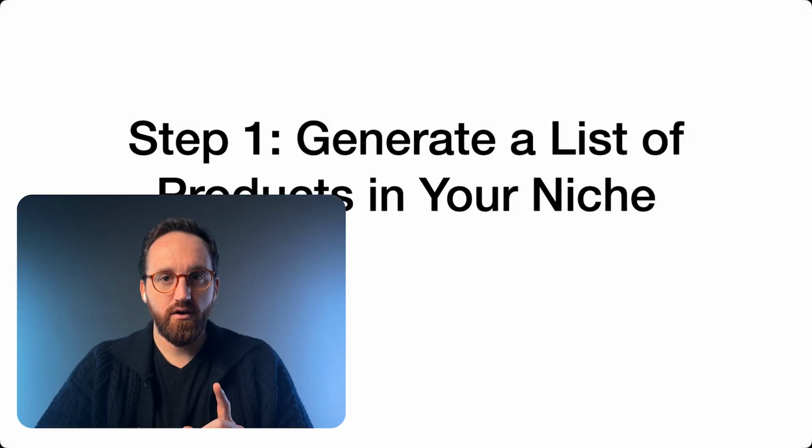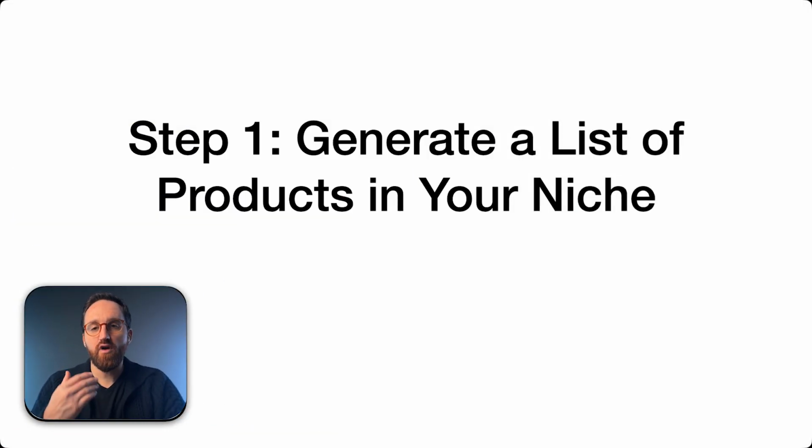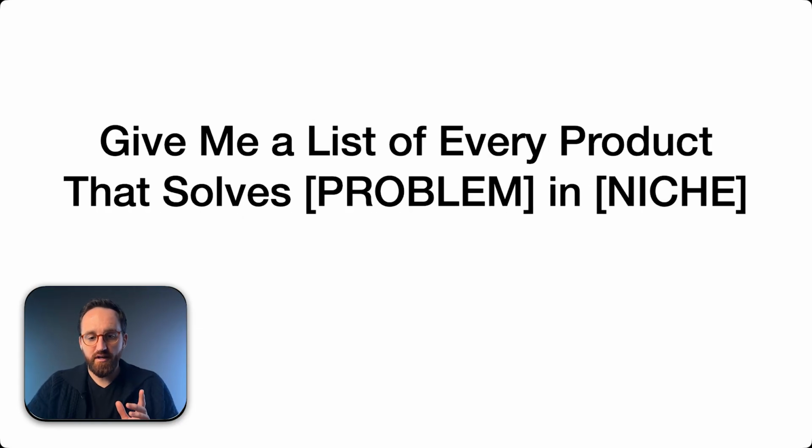Starting with step 1, we need to generate a list of products in your niche. More specifically, we want to find every product that solves a specific problem in your market. So the prompt that I use for this is, give me a list of every product that solves problem in